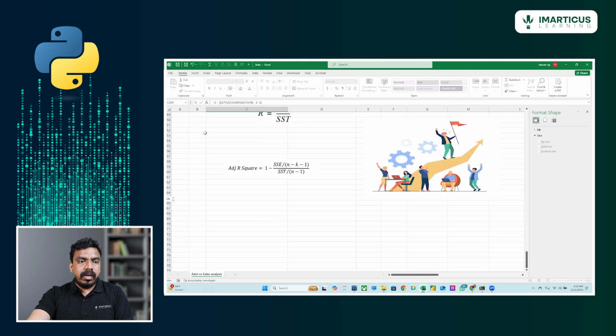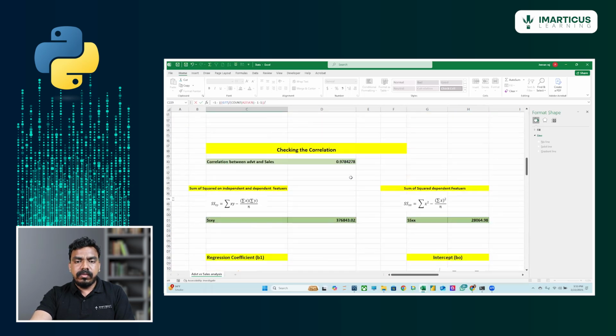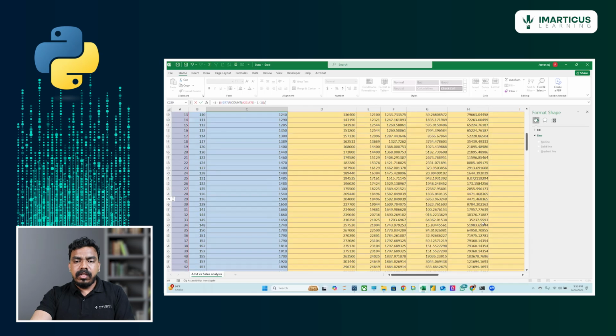So let me close the bracket. Let me also close another bracket and open another bracket, divided by SST, that is nothing but sum of squared total, divided by n minus 1, this is your SST